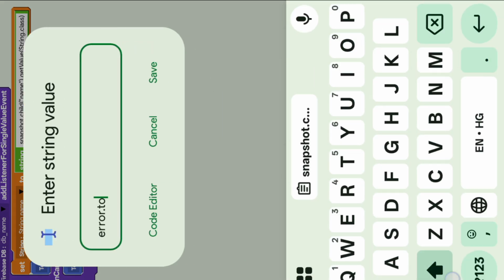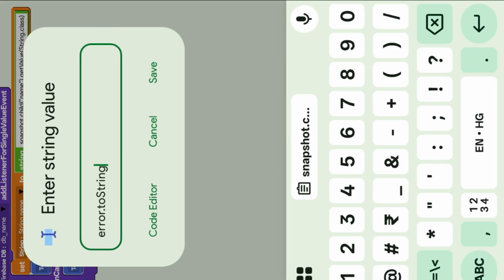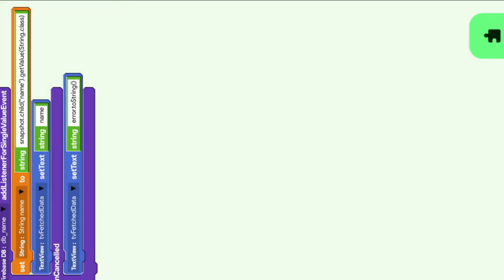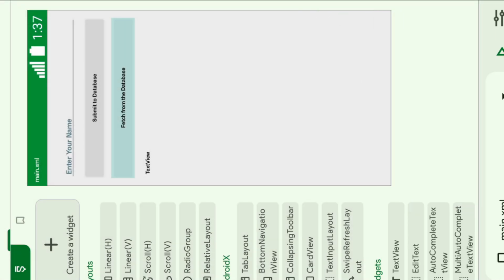Add toString, because this is not a string, this is directly an object I get, but I want to convert it into a string. So now it is fine.